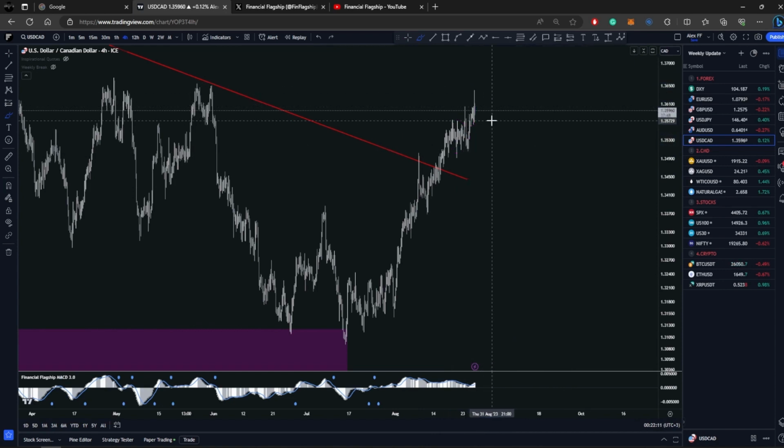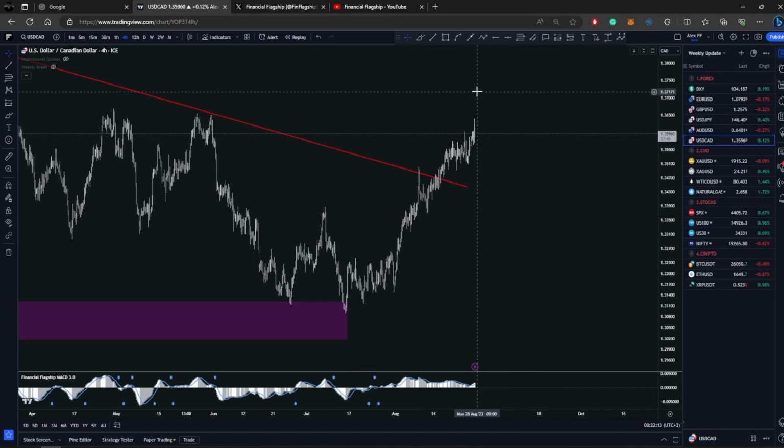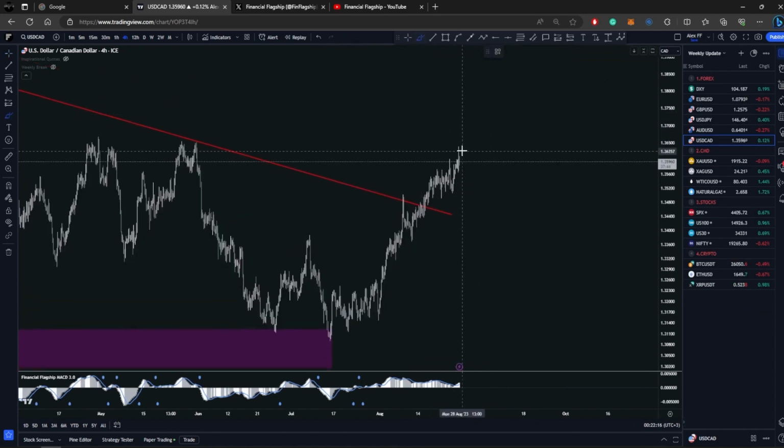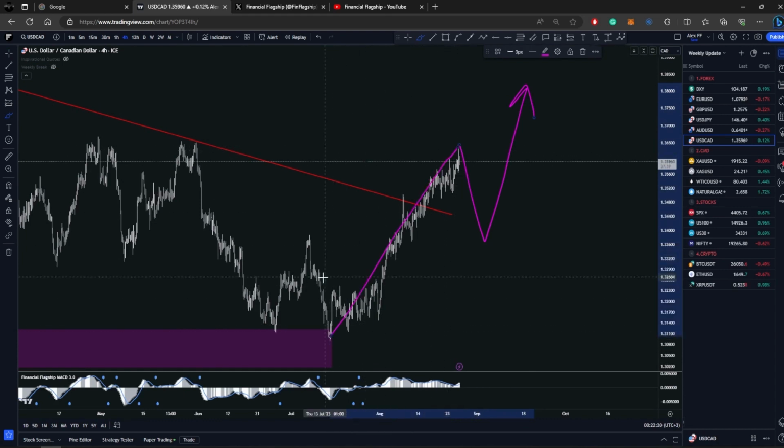My bias hasn't changed. I'm advising you guys to not jump in any buys until we get something deeper here and then go towards the upside, because this is pretty sharp. Wait for a pullback, because everything that goes like this, and as you can see it's moving very messy, should drop at some point for a correction to take out some orders here, some liquidity, and then prepare the next big wave.